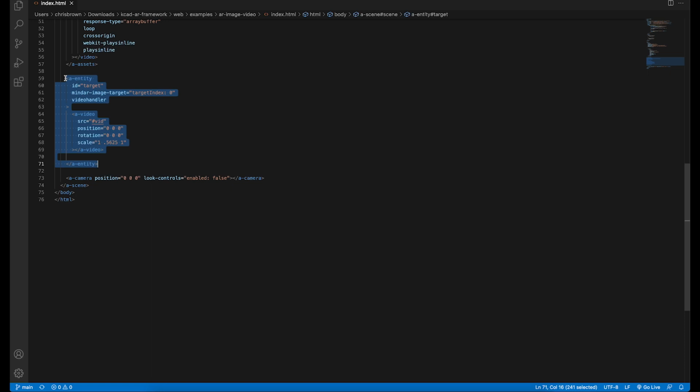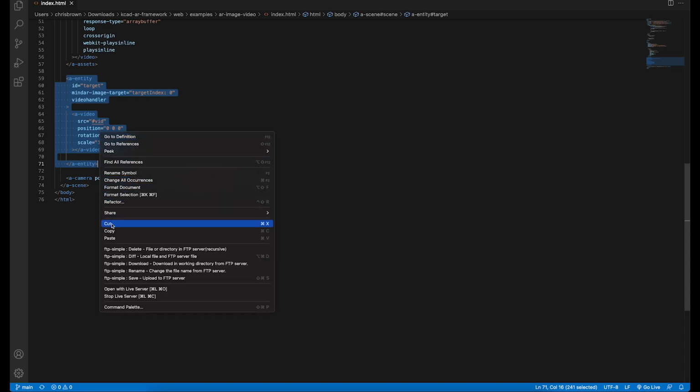Now again, this tag comes from the A-Frame JavaScript framework, and there are some other elements of it from the Mind AR JavaScript framework, and they do all the heavy lifting for us and expose to us this HTML-like syntax to be able to put together some very complicated functionality. So we're going to select this entire entity, making sure that you get the beginning of the entity tag all the way through the end of the A-entity tag. I'm just going to copy this,